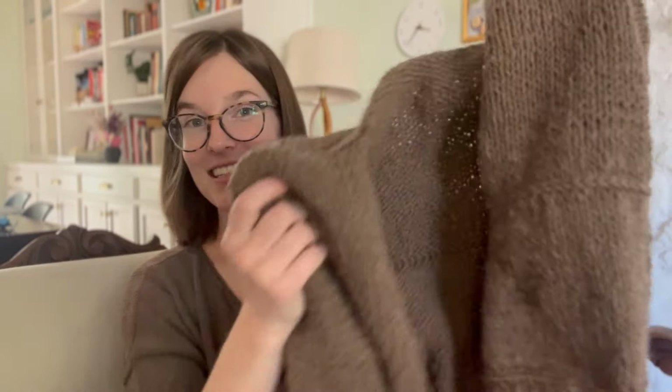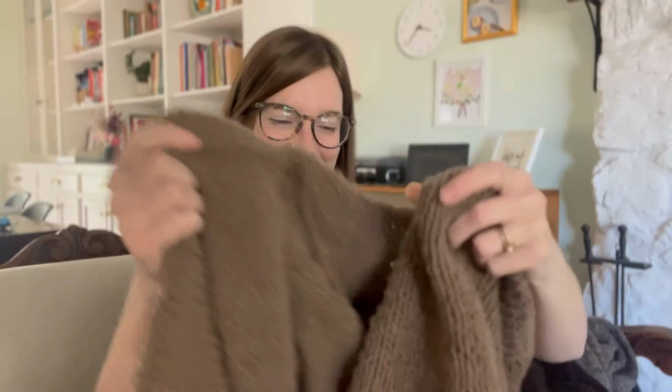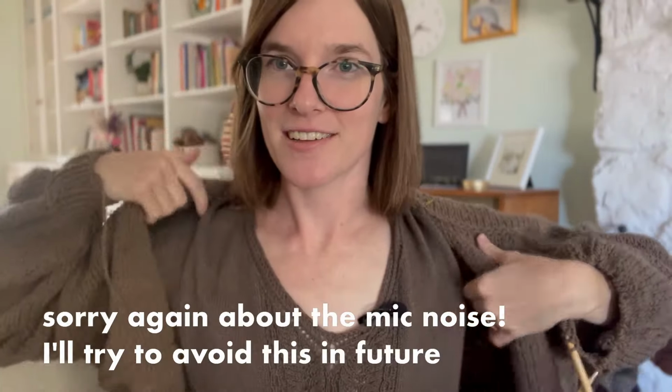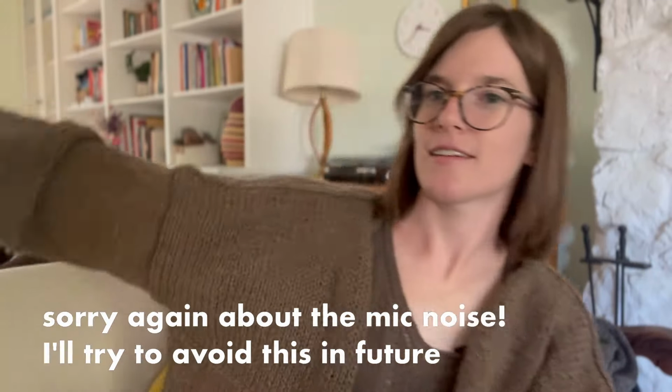whenever this is a finished object, I will be much more familiar with all the details, and I'll give you the whole scoop. But yeah, let's give it a try. It'll have a collar and button band and stuff, but it doesn't have that yet. Let's give it a try on. Very oversized, but oh man,